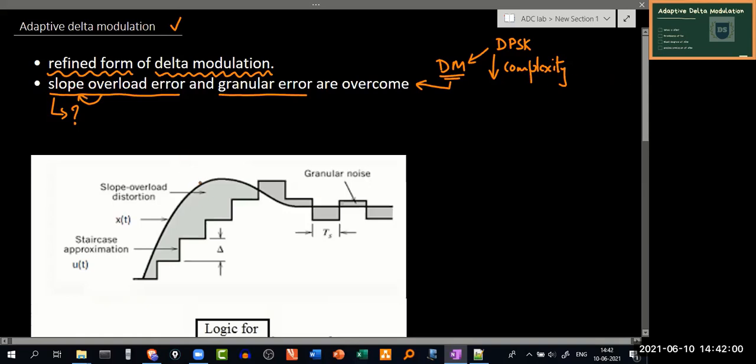Wherein this curve, let this be our analog signal. This analog signal initially has a greater slope value here. If I trace this curve, you can see that diagrammatically it has a high value of slope.